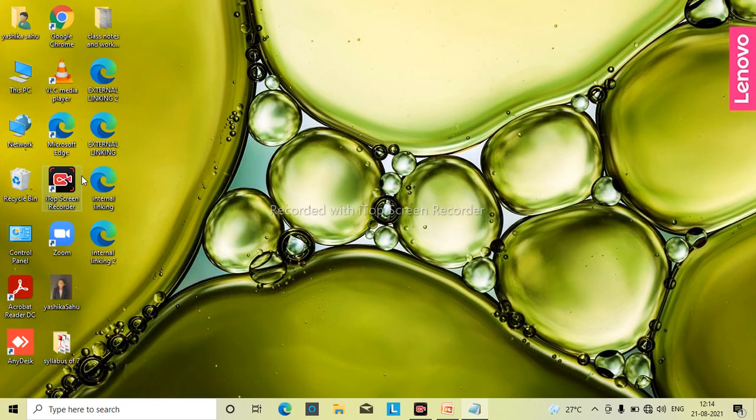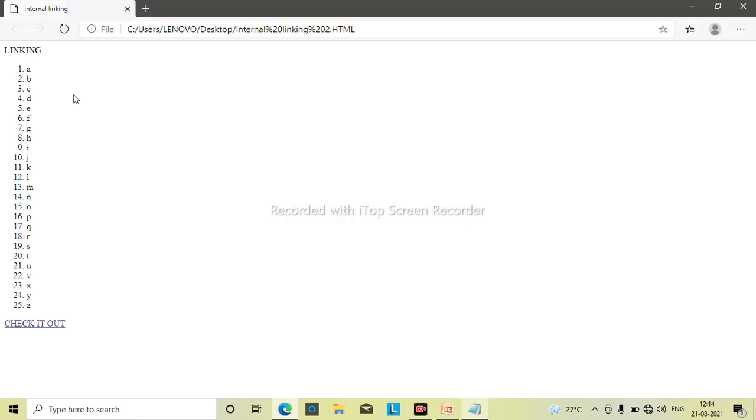We should delete the wrong one, so let's delete it. This is the correct one. Let's open it. This is not a very long web page, so it's not working, but when you check out, it will go to the top. If the font size was big, then it would be visible.